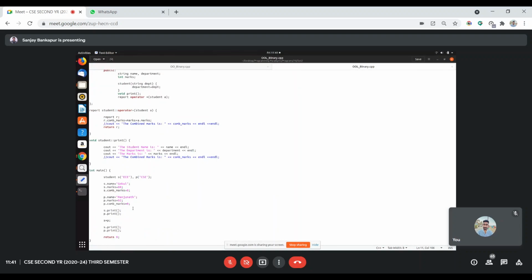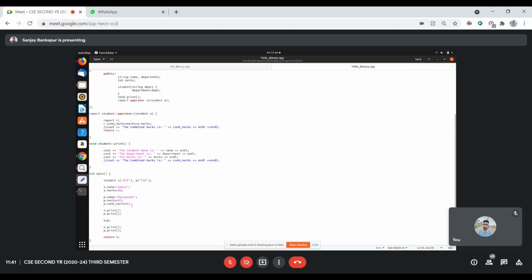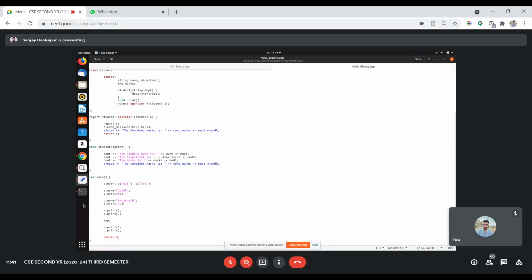Okay, this is combined marks. I will remove this because it will throw an error. There is no variable under student. So remove this. S dot print, it will print. And here, before going to report, I will take an instance of the object report.